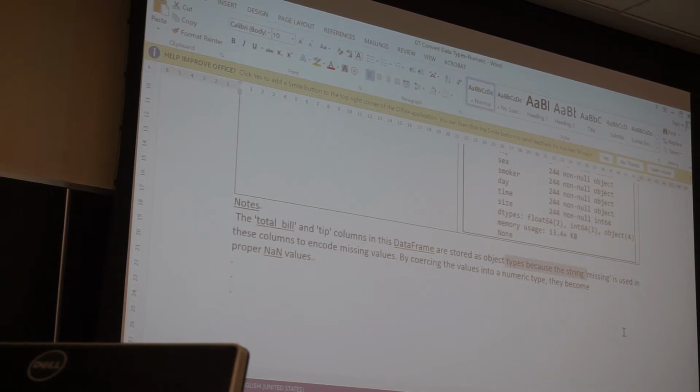They are represented by missing. That's how you actually code those missing values. But after you've done this, basically they have different representation. So let's look at, hold on, where's the